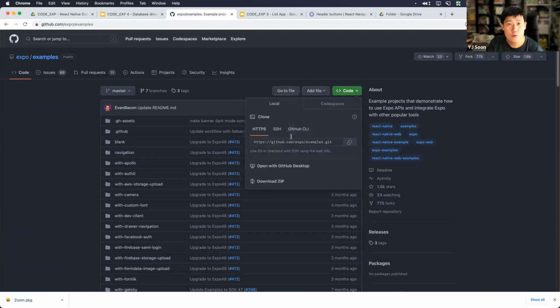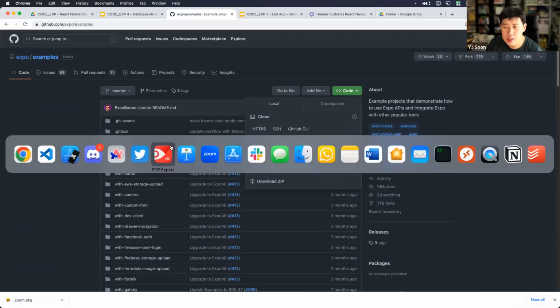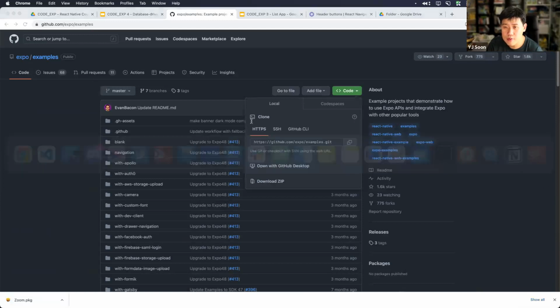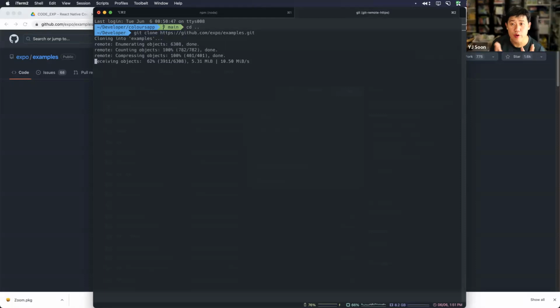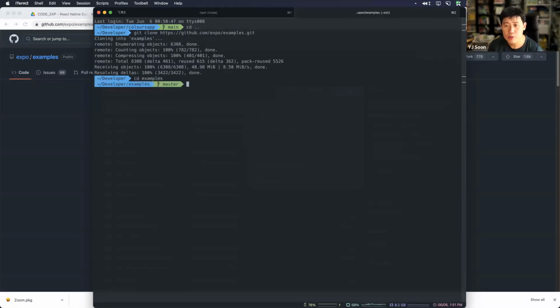So I'm just going to click on this. Okay, there's a few ways to clone someone's Git repository. Assuming you have it set up on your command line, you can just go to this and local and clone, right? Click on this. Then you can just go to your terminal. I use iTerm, right? And I'm going to open up a new one, and I'm going to git clone and paste in the URL. What that does is it will grab the entire thing from online, right? It looks not super gigantic. It is not small though, right? And there we go. So I can go into the examples folder, right?